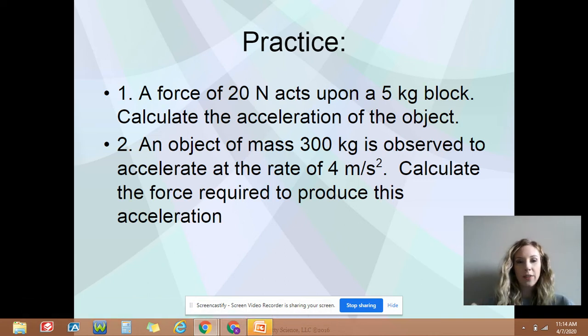Hi. So I got cut off, sorry, but we're going to go ahead and look at the second example right